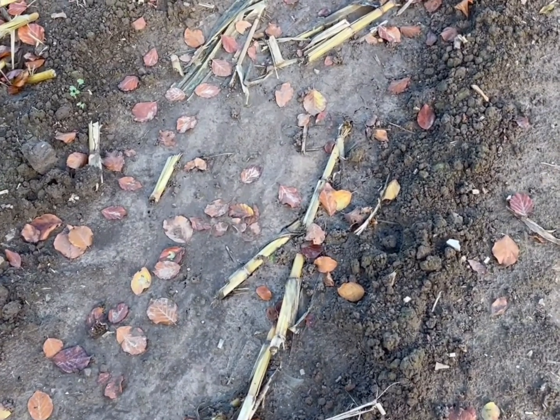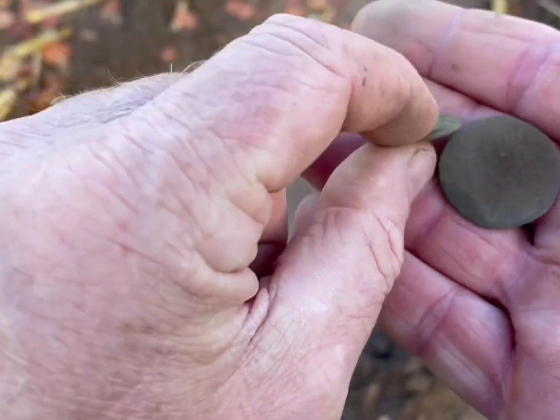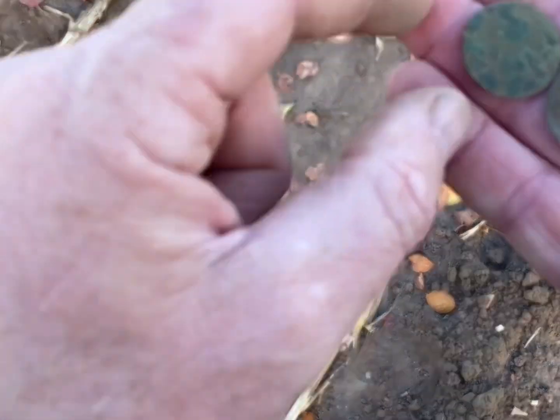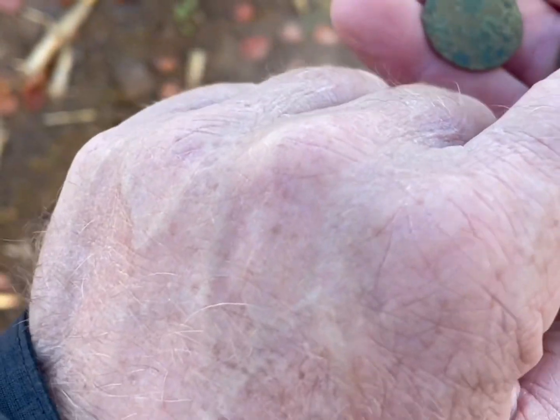Well, there's a couple of coins come up. We've had a couple of toasties. I can't see what's going on with these. I'm trying to let them dry out to see if there is anything, but I've only been here about 10 minutes. I think that would be a half penny and this would be a full penny, because